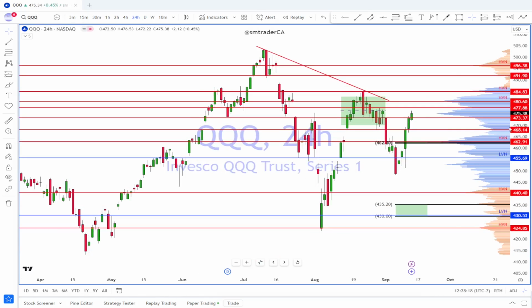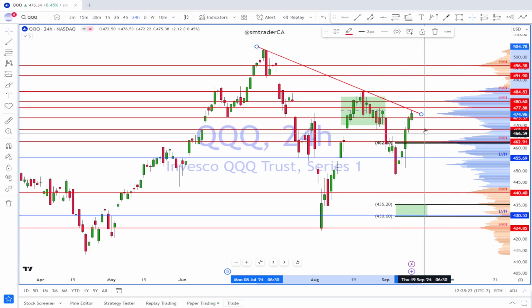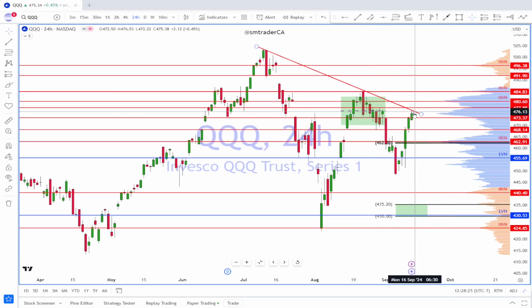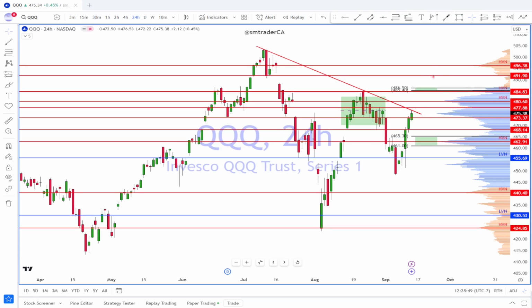And for the QQQ, we actually see that it closed above the weekly expected range last week and came up to this trend line. It also came into this balance area that we've been watching. And for the coming week, the market is pricing in the upper range between 486.50 and 485.40, and the lower range between 465.30 and 461. So you notice that the market is not pricing in an all-time high for the Q, unlike the S&P 500, the SPY.